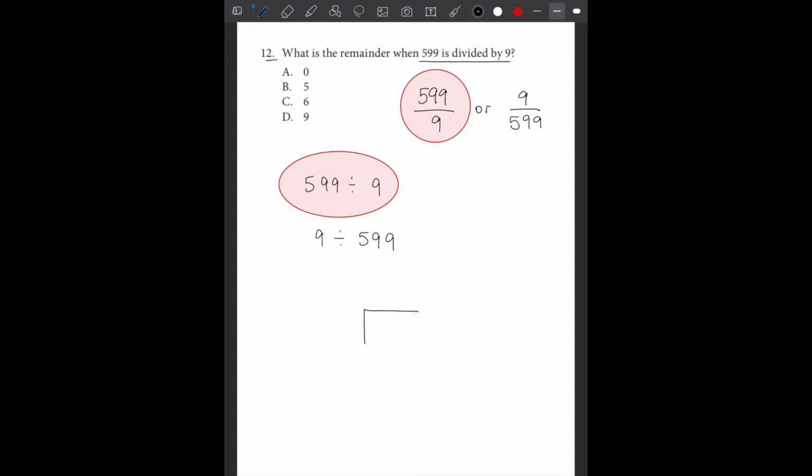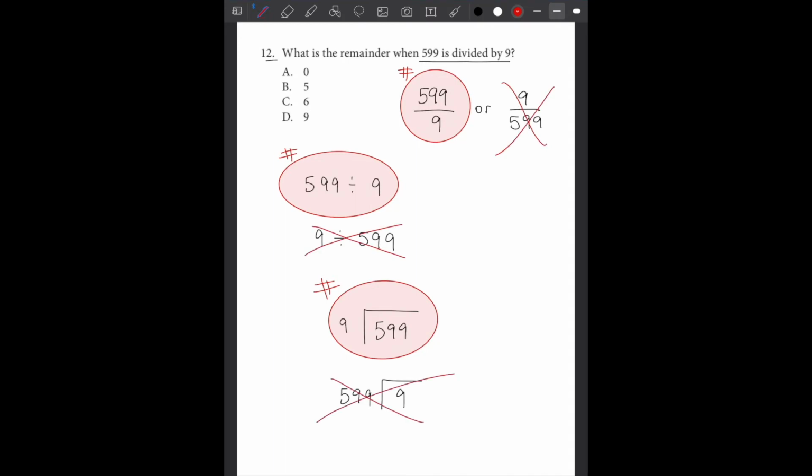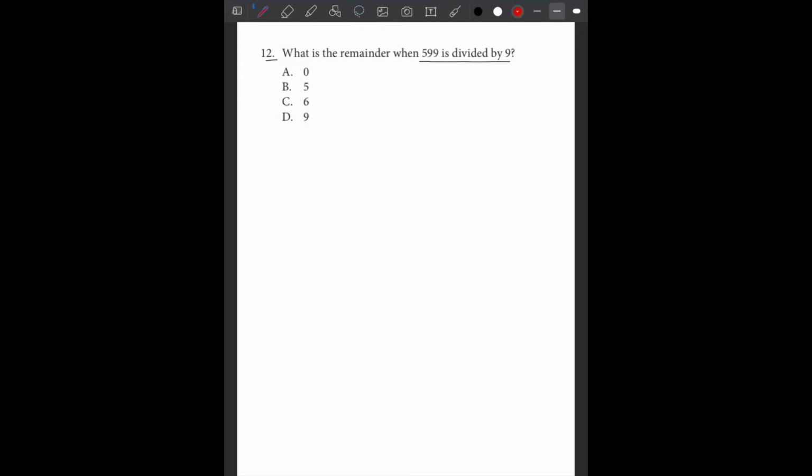So you ask which one goes inside the box and which one goes outside of the box. In this scenario, this one would be the correct option. So this one, and this one are all correct. Everything else is wrong, and we'll give you the wrong answer. With that being said, we're going to clear this and start the problem. So 599 is divided by 9, meaning 599 goes inside the box, 9 goes on the